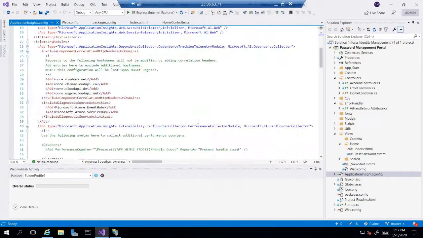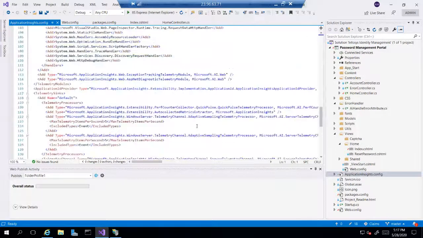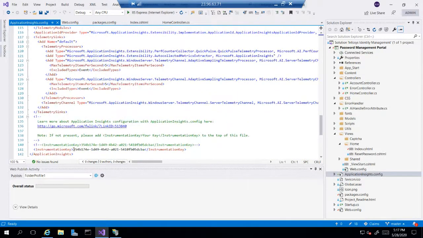And in case you wish to register your application with a new instrumentation key or App Insights in future, there is an option available here where you can just change the key value. As you can see here, just change the key value with your new instrumentation key. I have given this key, and suppose in future you are taking it to production and want to map it to a new Application Insights key, just give the key and republish it, and it will be available to your application.